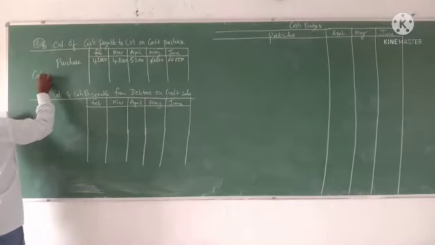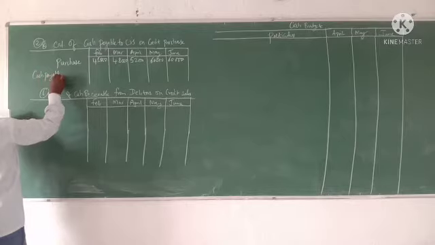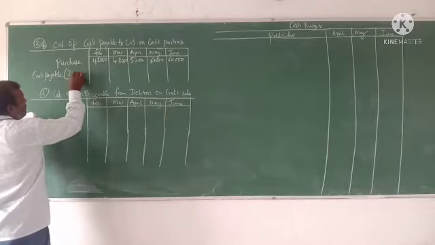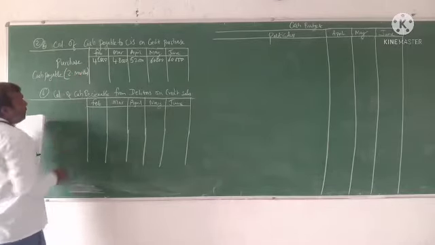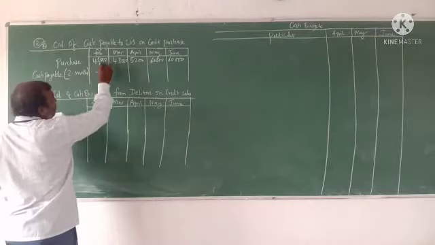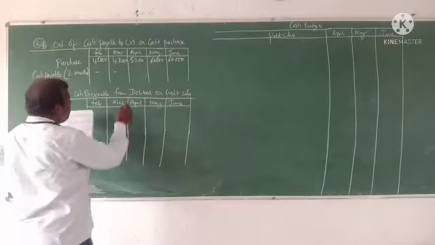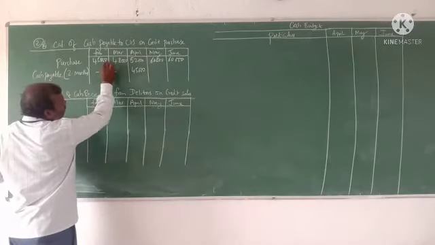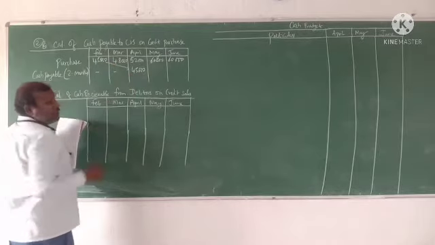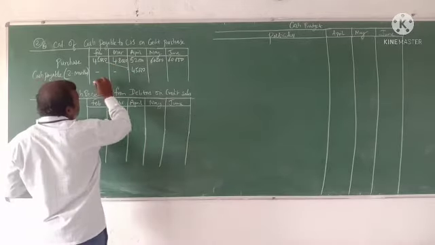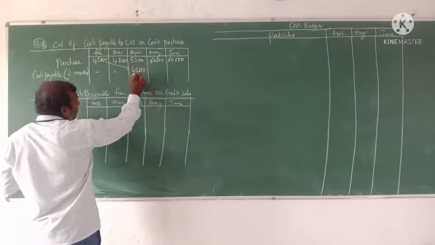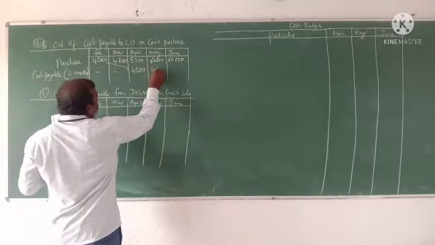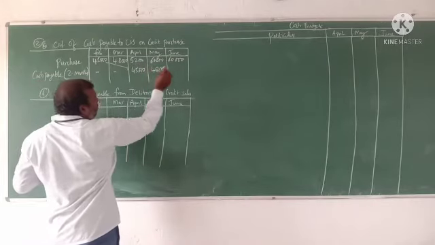Cash payable. How many months is given? The supplier has given a 2-month period. That is, you write here 2 months period. So February month will be paid in which month? Will be paid in April. That is 45,000. So this amount we pay when? In the second month. 2 months time period is given. So if February, the time period is given, they will pay in the month of April. March amount will be paid in the month of May. April amount will be paid in the month of